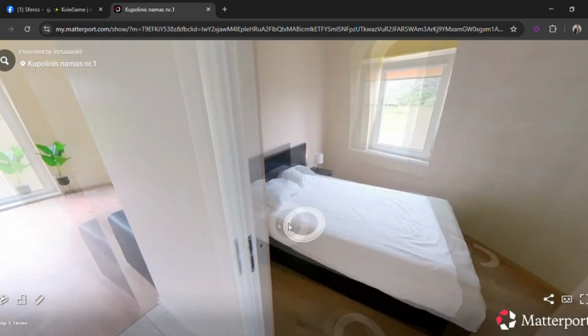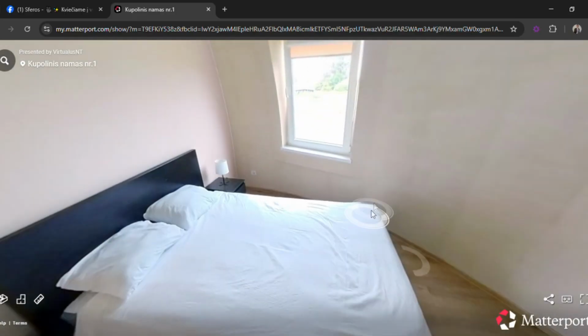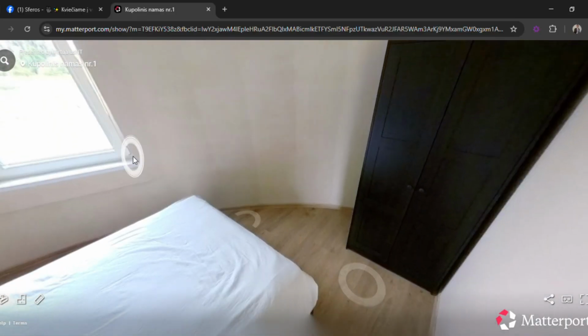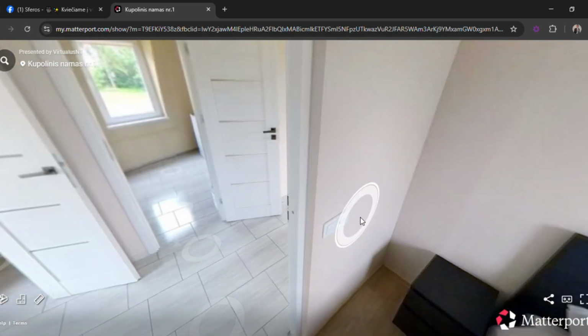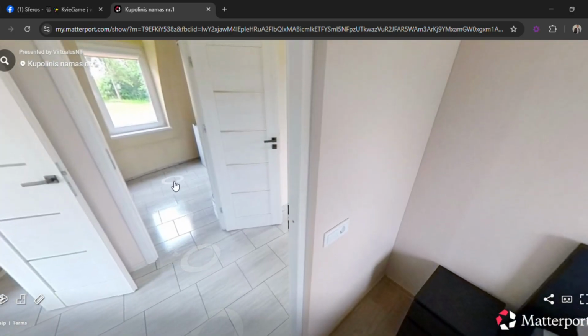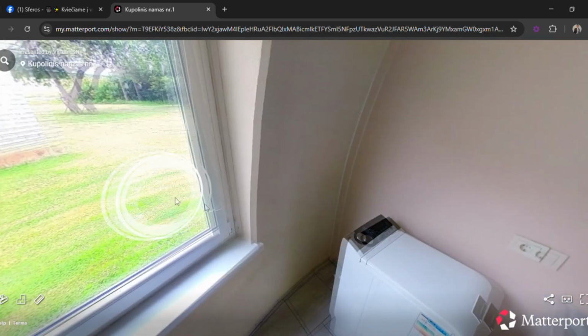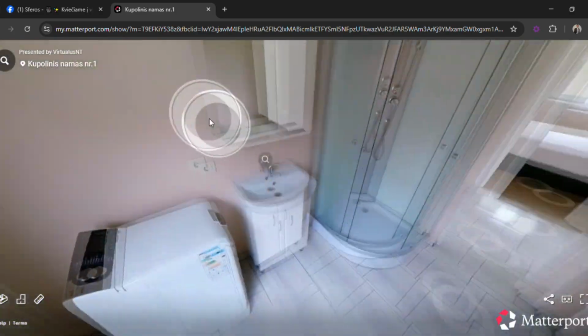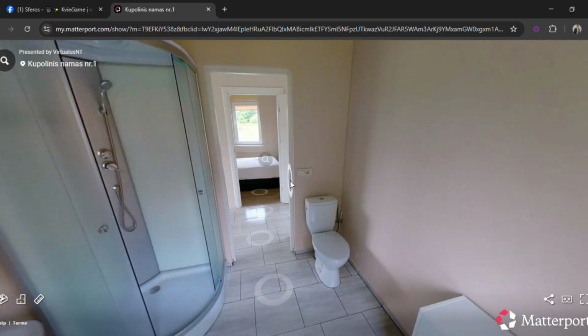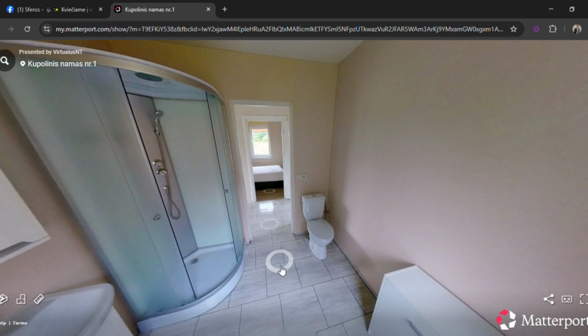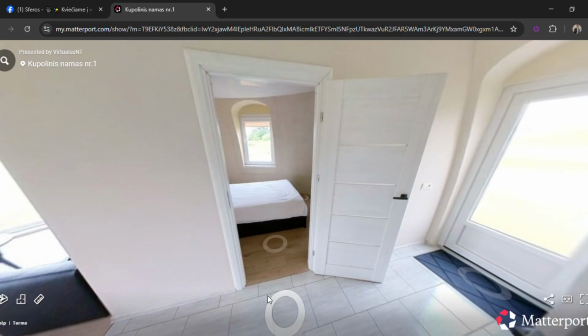We leave the storage room, go to the bedroom door, you can enter the bedroom. We look around, a wardrobe, a bed, everything's nice. Then we enter the bathroom, you can see what's outside the window and how it looks inside. You can even zoom in or out using the mouse, or you can use the touchpad with 2 fingers to control it.